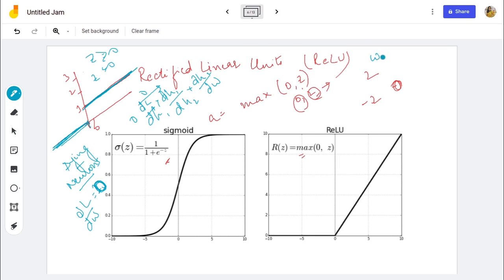So if we look at the formula, minus eta times the differentiation, this whole term becomes 0. So you don't have any weight updating here. Whatever random weight you give remains the same weight even after a lot of calculations. This problem is known as the dying ReLU problem or the dying neuron problem. This was one of the problems with ReLU.